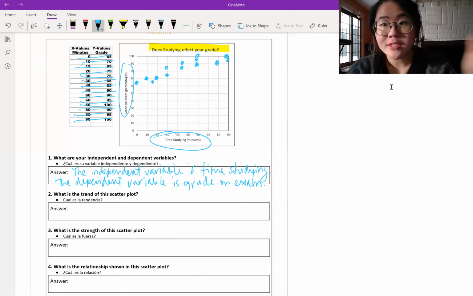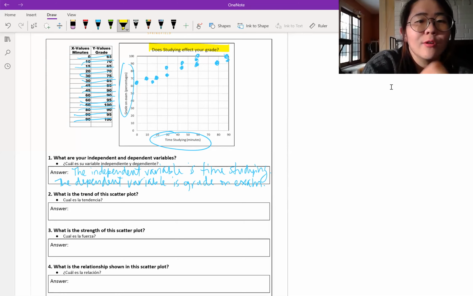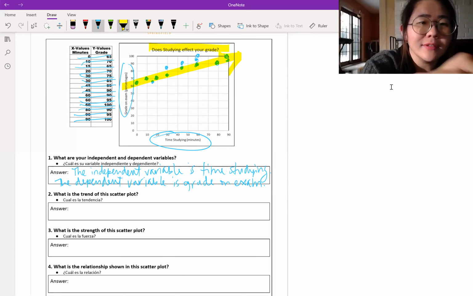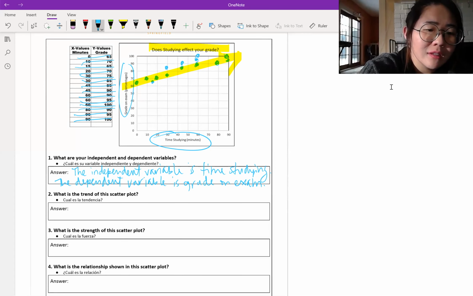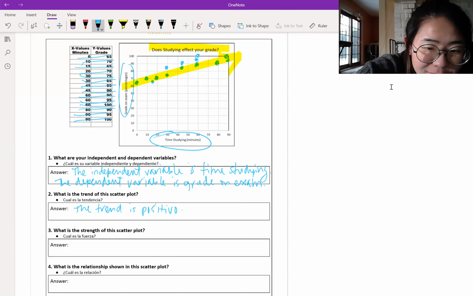Yes. Now, what's the trend? Is it positive, negative, or is it no correlation? So going from left to right, it's going up. So I know it's going to be positive. So I'm going to say the trend is positive